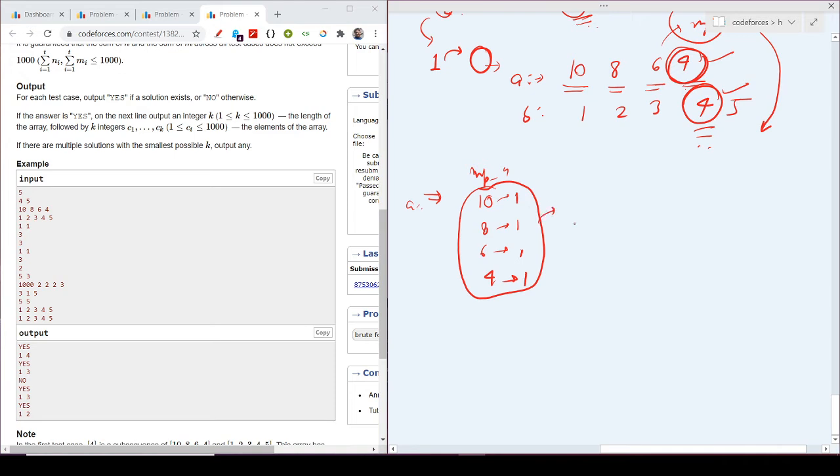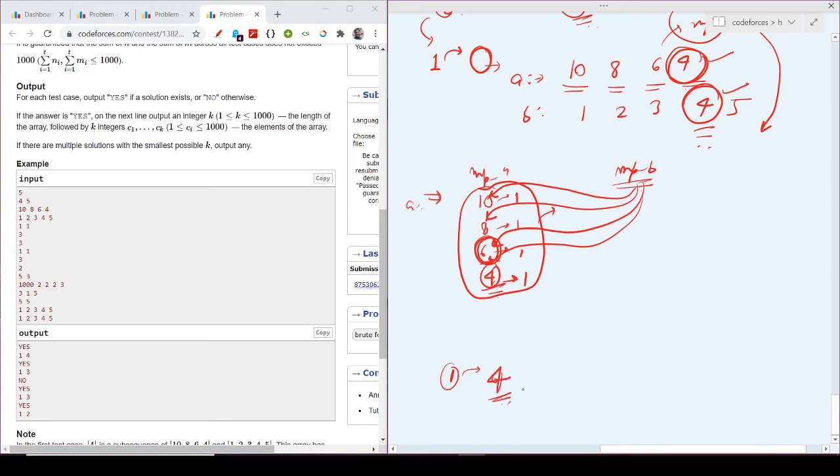I will iterate on all these elements and check if that element is present in the map of B. If at any step I find an element, suppose I found 6 in the map of B, then I will store 6 in my answer, and I have got my answer. So I will print 1, which means one element, and the element value is 6. In the case shown above, the element I found is 4, so I will print 1 and 4. And that's it.